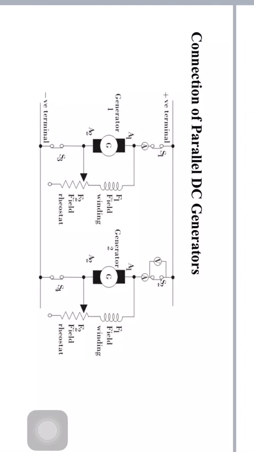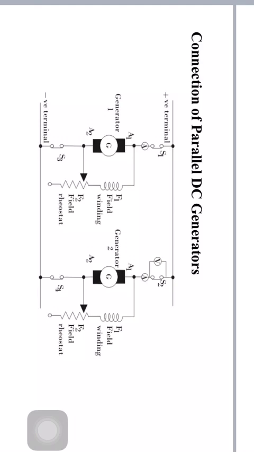Now the generator is ready to be paralleled with generator 1. The main switch S3 is closed, and thus generator 2 is put in parallel with generator 1. One point we have to note here is that generator 2 in this case is not supplying any load, because the generated EMF is equal to the bus bar voltage,